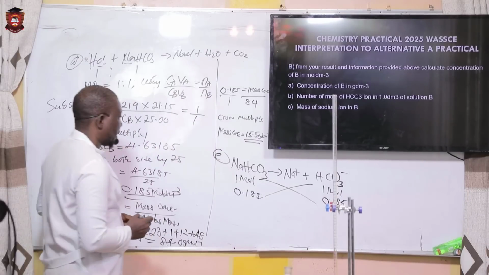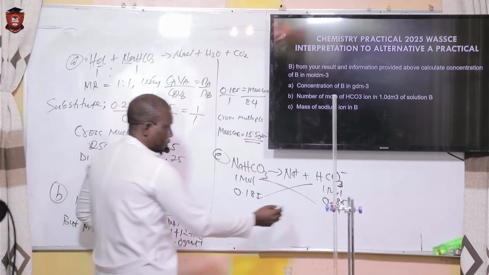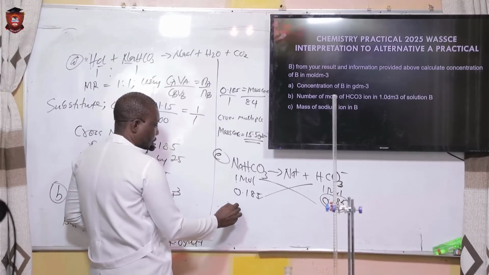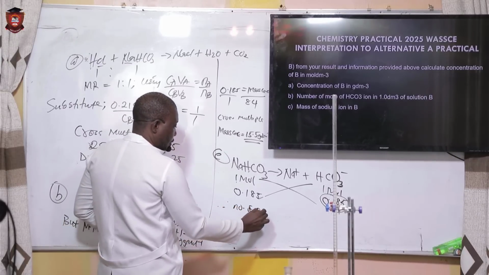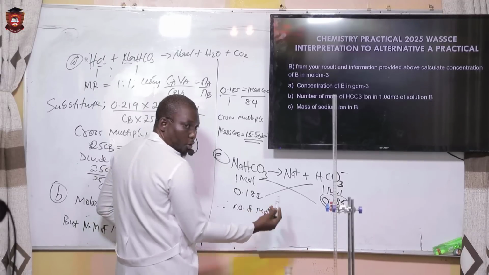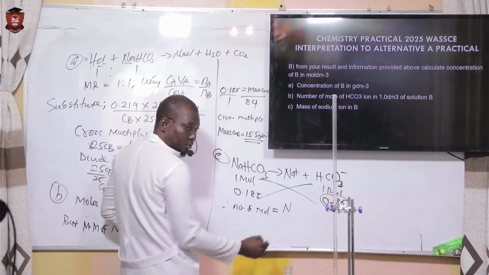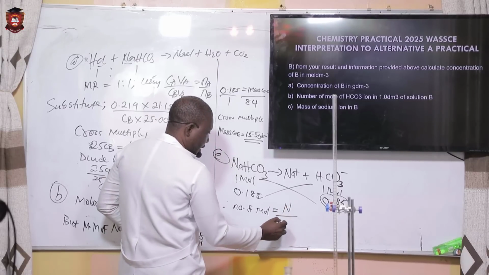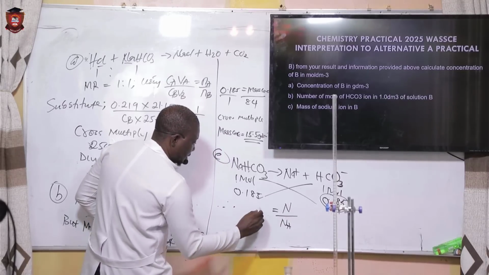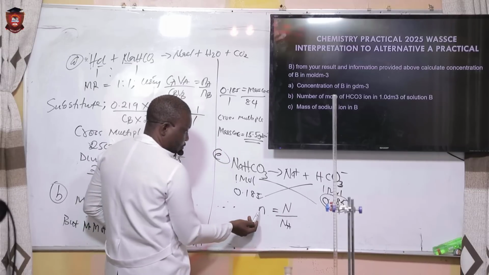So now we can go ahead to find the number of particles. So this is the mole now in 1 dm³, mole of this in 1 dm³. Therefore, number of moles of this particular ion is equal to number of particles. Are you with me now? Number of particles, let's use the symbol n over Avogadro's number NA. So let's use the symbol n for number of moles, so this n will be here, and